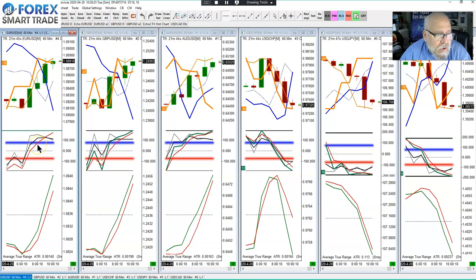So we're overbought, but I don't have the majors and minors pointed down. Pound dollar, we're overbought, still not pointing down, and I'm guessing I'm going to see that on all of these,